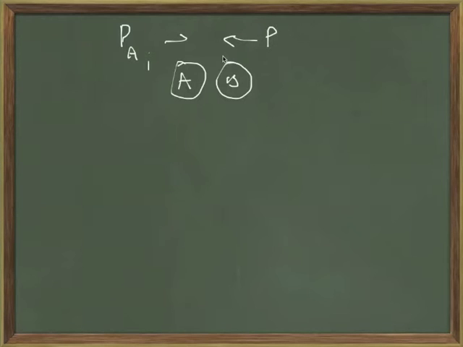Let's think about the collision between two objects. So let's say that A has a collision with B. A was moving this way, B was moving that way. So A had some initial momentum, B had some initial momentum. And after that collision,